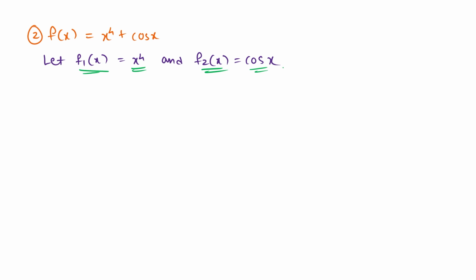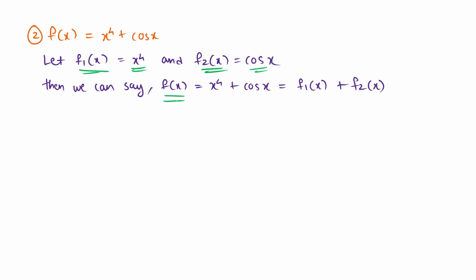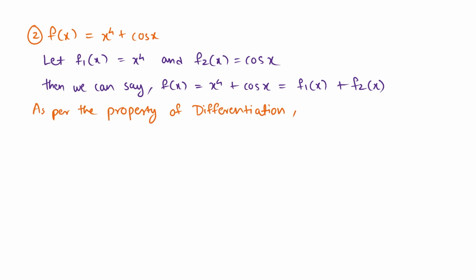So with this information, if we were to look back at our original function, which was f of x is equal to x raised to 4 plus cos x, can I say that my original function is just addition of our two assumed functions, where f1 of x is x raised to 4 and f2 of x is cos x? Well, we can say that, and we did this because while we were studying differentiation, we studied another property,